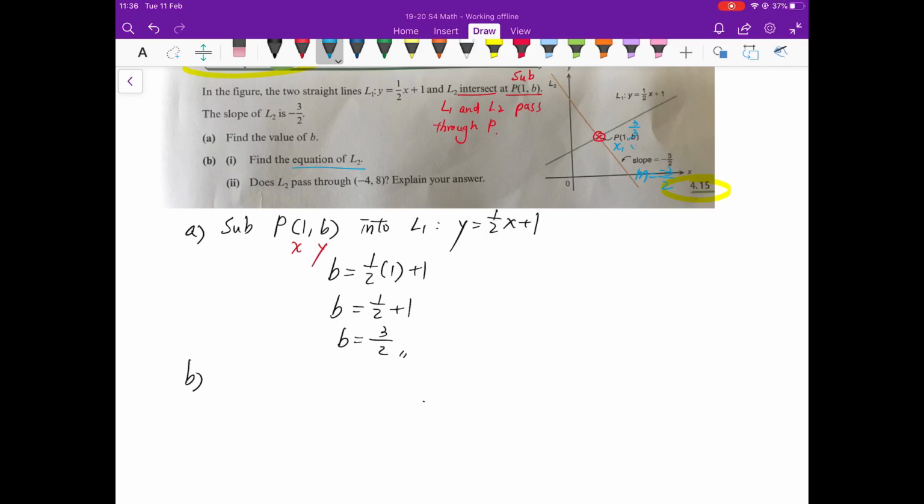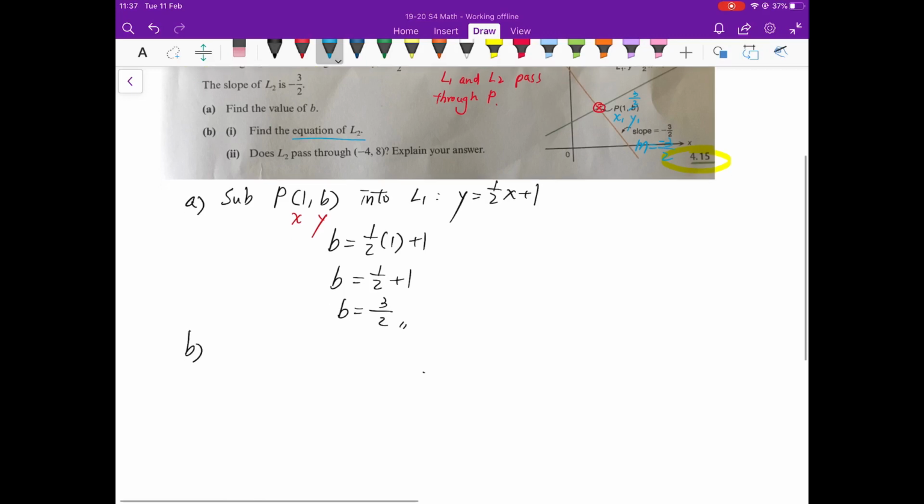So 1 is x1 and 3 over 2 is y1. Therefore, we can apply the equation of a straight line. Equation of L2